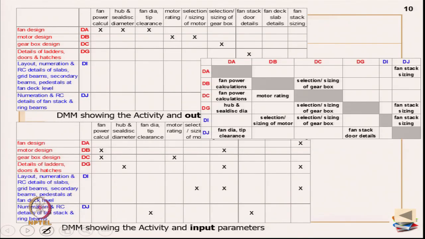So, what happens is, I am having a DSM like this. These are all my activities. I wanted to form an activity DSM: DA, DB, DC and so on. As I told you, for beginners it is better that you write what the X is really representing, till you go for validation and check the whole flow.